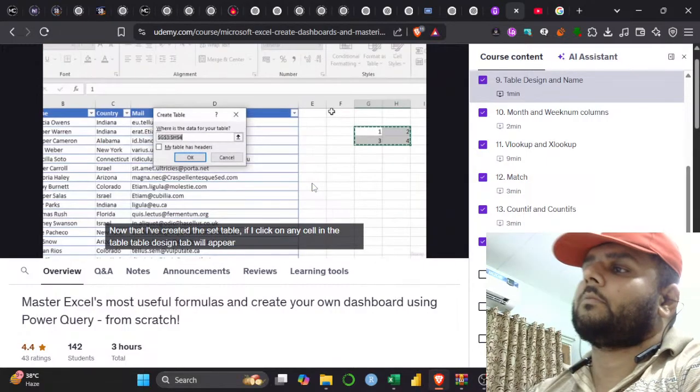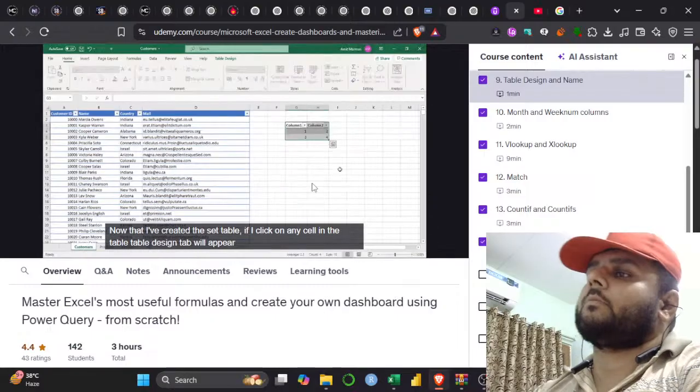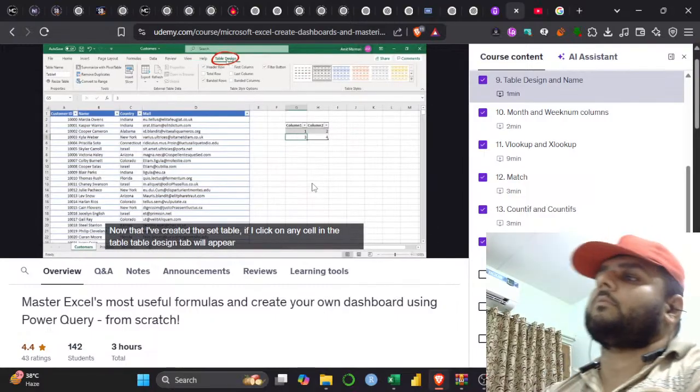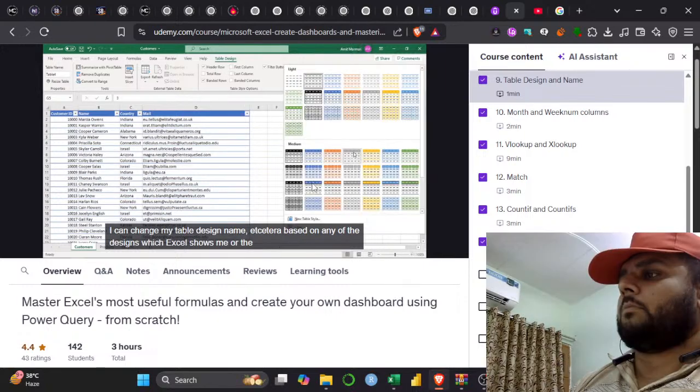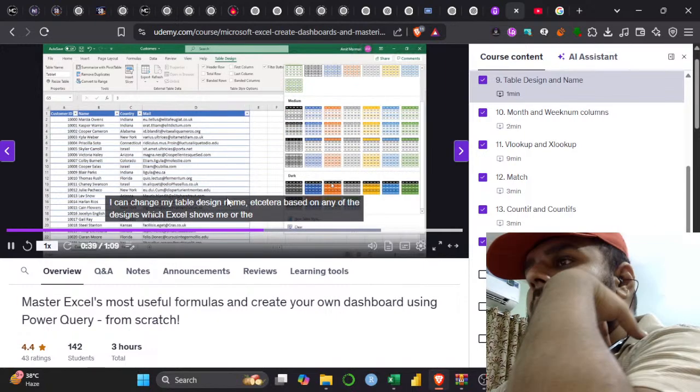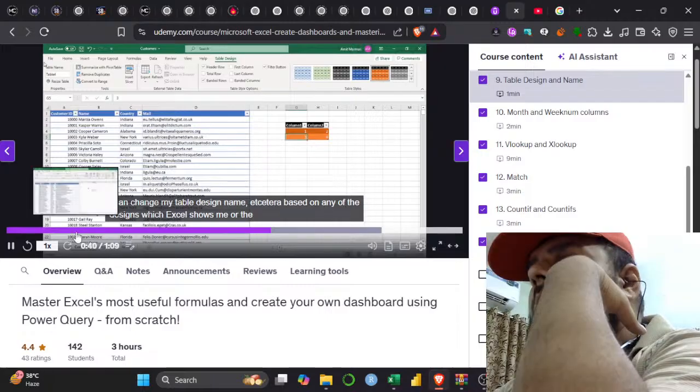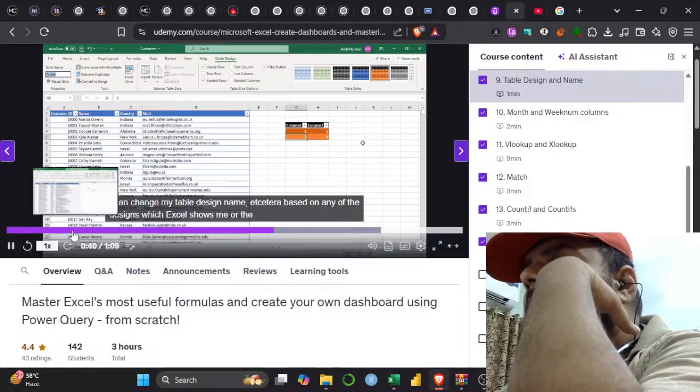Now that I've created a set table, if I click on any cell in the table, the Table Design tab will appear. Here I can change my table's design, name, etc. based on any of the designs which Excel shows me or the default ones. Next, I can rename